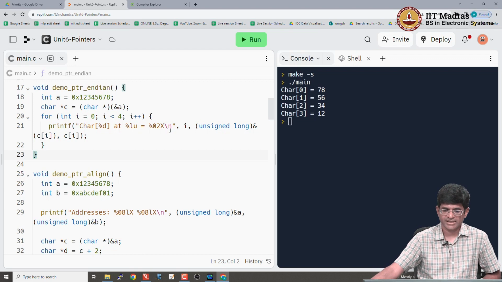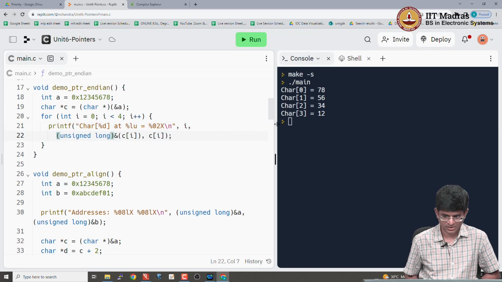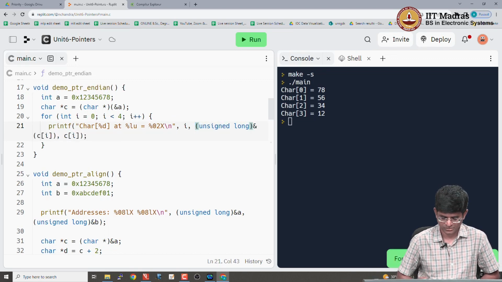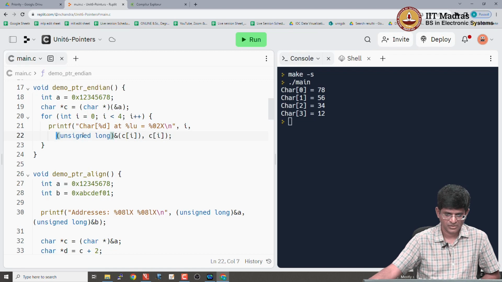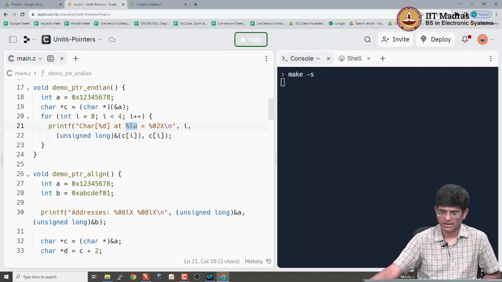So what I have done in this case is to actually take the address of C of I, typecast it as unsigned long simply so that I can print it out over here, and then let us go take a look at it. And what it tells me is,